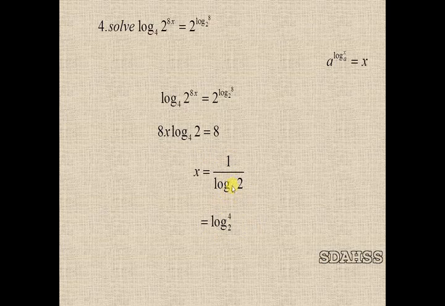Which is equal to, use the change of base rule, this becomes log 4 base 2, which is equal to, 4 can be written as 2 square. So log 2 square base 2. Similarly, here also take this 2 in front of the logarithm. So this becomes 2 log 2 base 2. We know that log 2 base 2, its value is 1. So which is equal to 2.